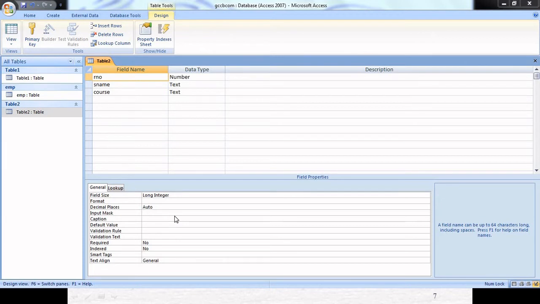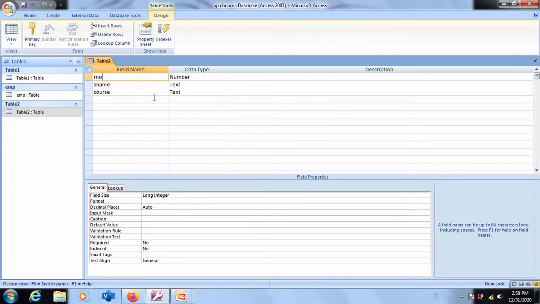Apart from creating data fields or columns, this window also allows us to set properties for those created columns or fields. If you look at the bottom part of the screen, we have a window called field properties. For each of those fields, according to the data type we select, different properties will be available.